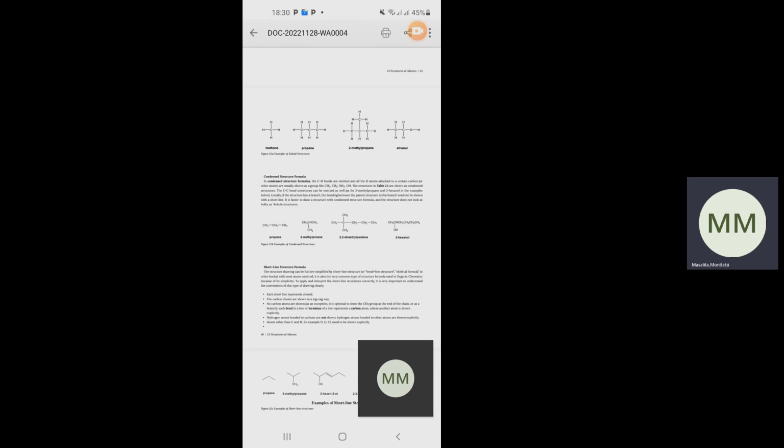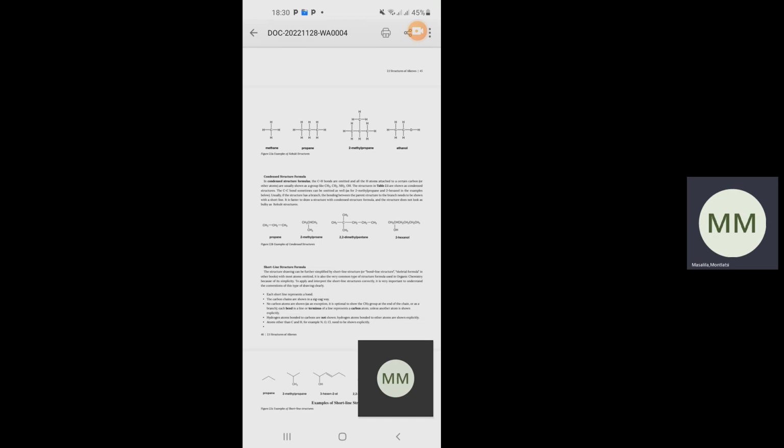Look at the carbon in the middle. There are 2 H's. You just write CH2. So that's what you call condensed structure. But sometimes in the condensed structure, you can just remove those arrows, like in 2,2-dimethyl pentane. You see that there's some arrows there. You can just remove those arrows. So the other way of writing it,